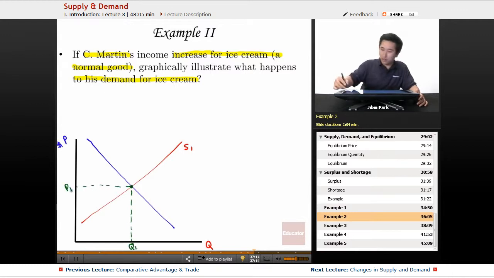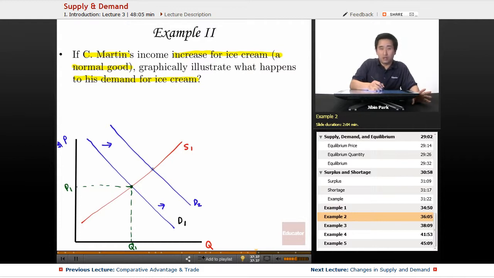And this is P1 here. So if there's an increase in the demand, what ends up happening is that there's an increase in the demand. So it shifts to the right. There's a rightward shift. So the new equilibrium is where the new demand curve and the old supply curve, which